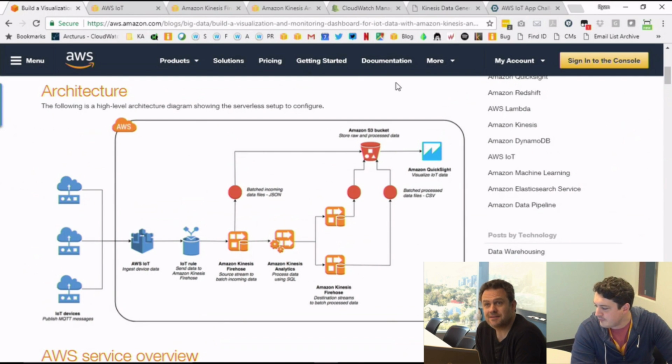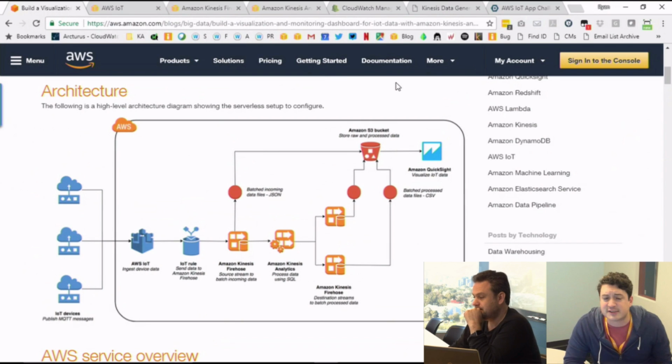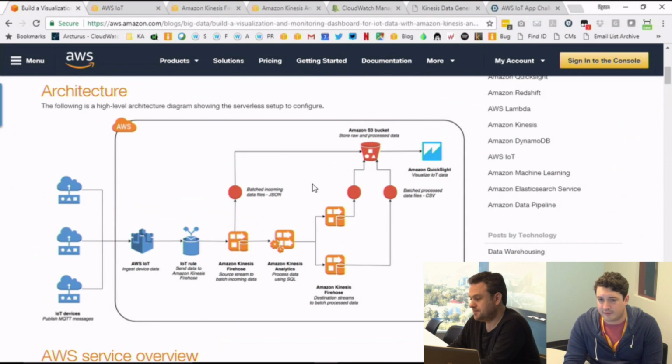Does Kinesis integrate with DynamoDB? It doesn't integrate directly, but that's a very good question. Shaw's 3B asked, does Kinesis integrate directly with DynamoDB? No, we don't. The most common approach for you to integrate with DynamoDB is, first, to use an AWS Lambda function. So for example, in this flow, you can attach an AWS Lambda function to a Kinesis stream to write data directly to DynamoDB.